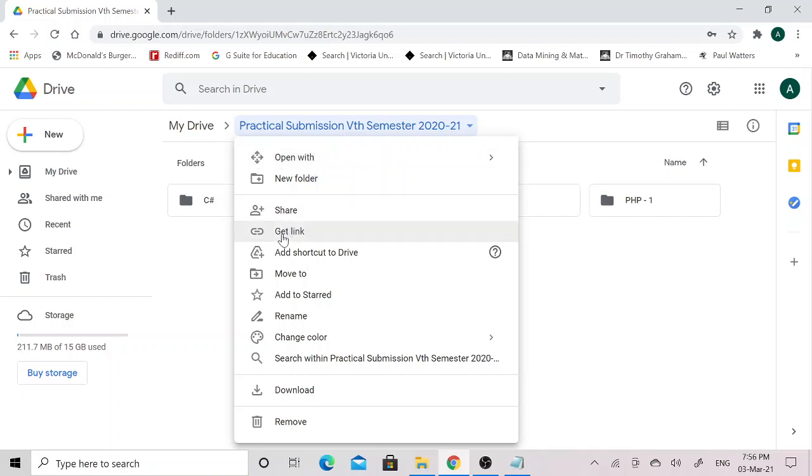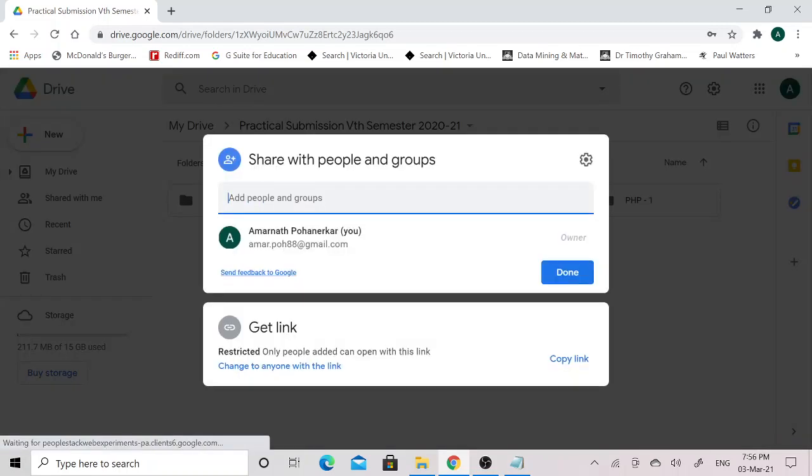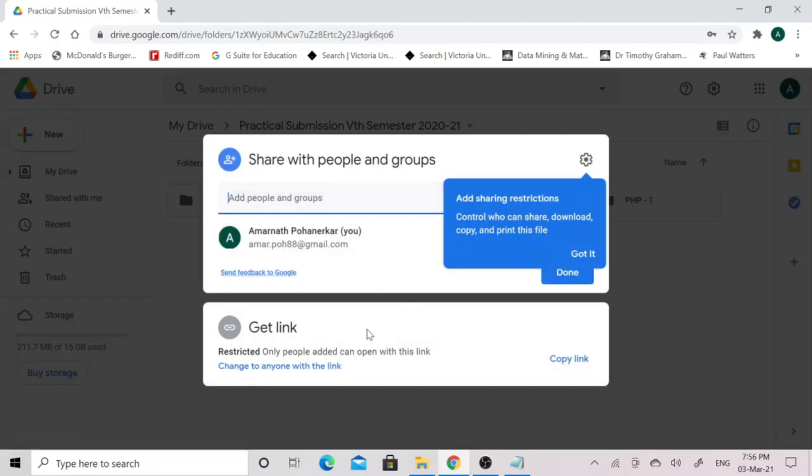Here you will find the get link option. Above this get link there is a share option. You can click on the share button. At the bottom you will find one note: restricted, only people added can open with this link.